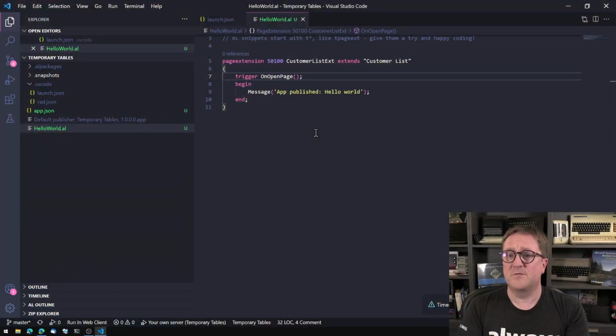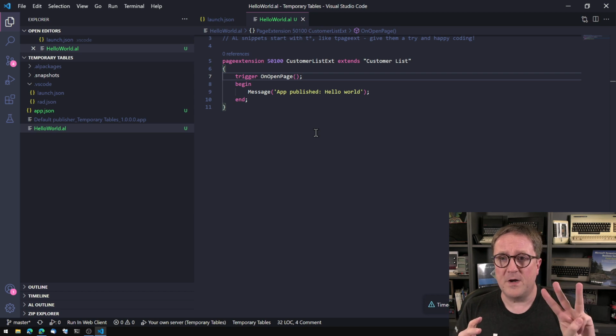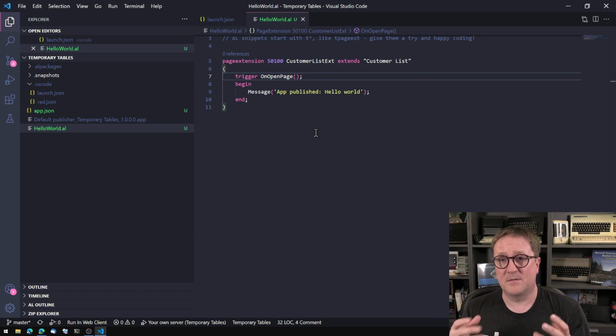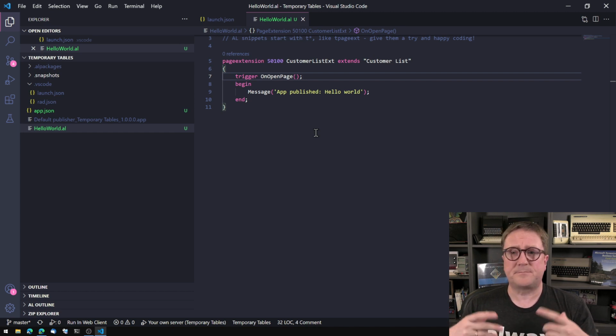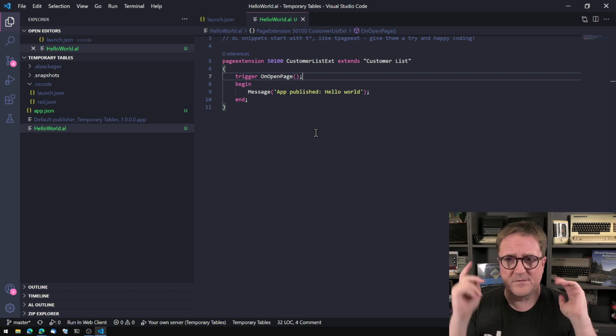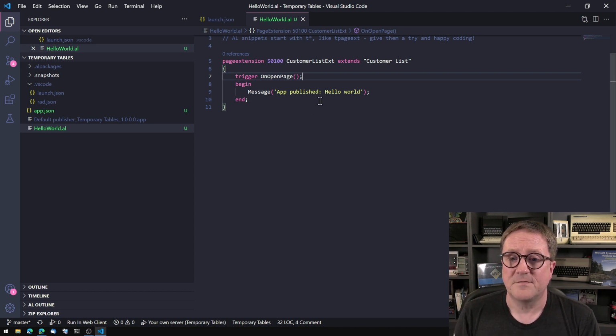So here is Visual Studio Code, and in Business Central there are kind of three ways you can use temporary tables. I'm gonna say temporary records and temporary tables, and it means the same. It's just out of my head. Sometimes my brain tells my mouth to say one or the other, and I have no control over that. So anyway,